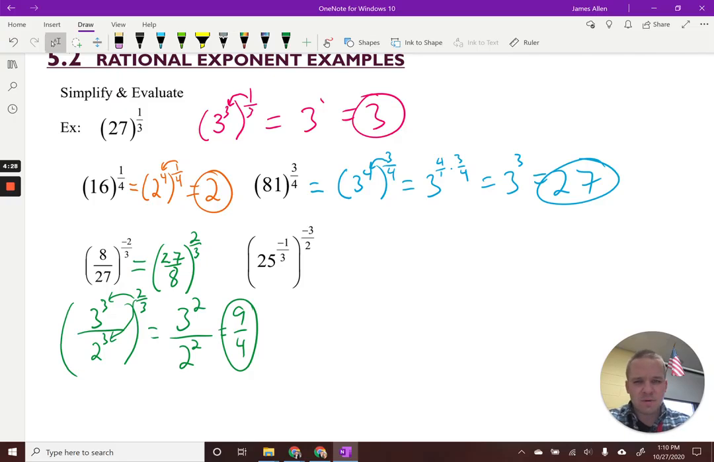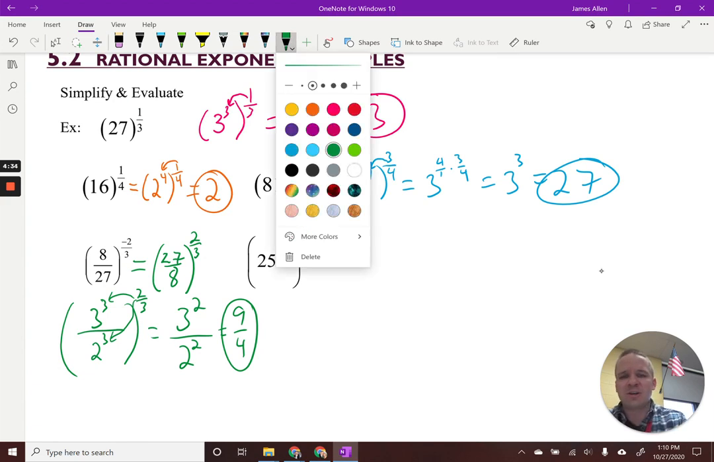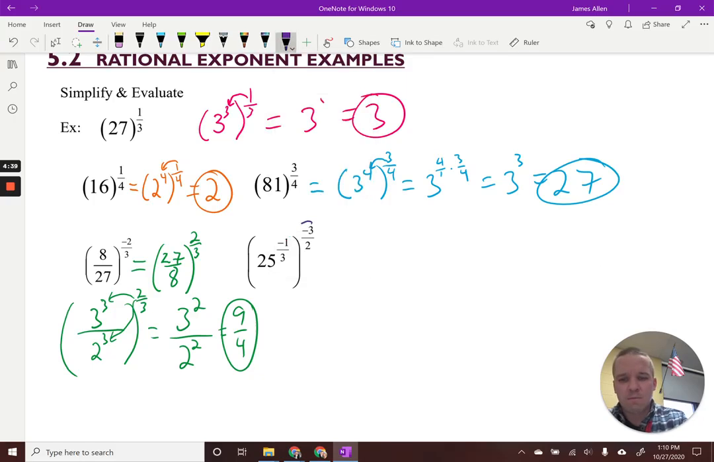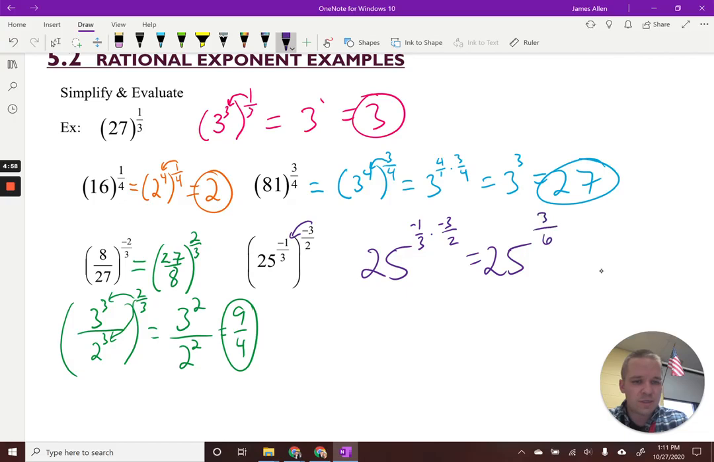Got a couple negative exponents going on. Why don't I distribute this into that right away? I should change colors. Why would I go with the same color again when I've been switching colors this whole time? Okay, so I'm going to have 25, and I have a negative 1/3 times negative 3 over 2. So that would be 3 over 6, right? So I'm going to have 25, and then it's positive 3 over 6, which is